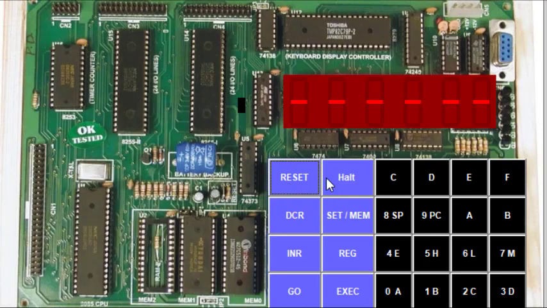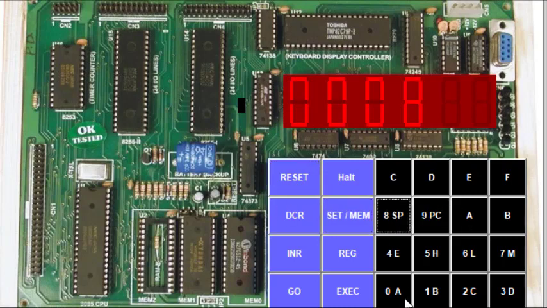I will do this practical on Jubin simulator, the microprocessor trainer kit. So reset and set. I have to start on 8000. Then INR. 3E is already there.